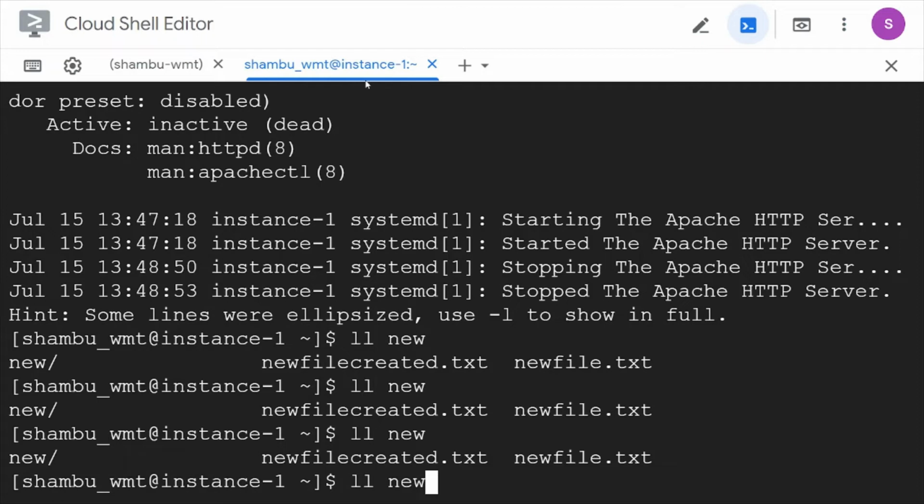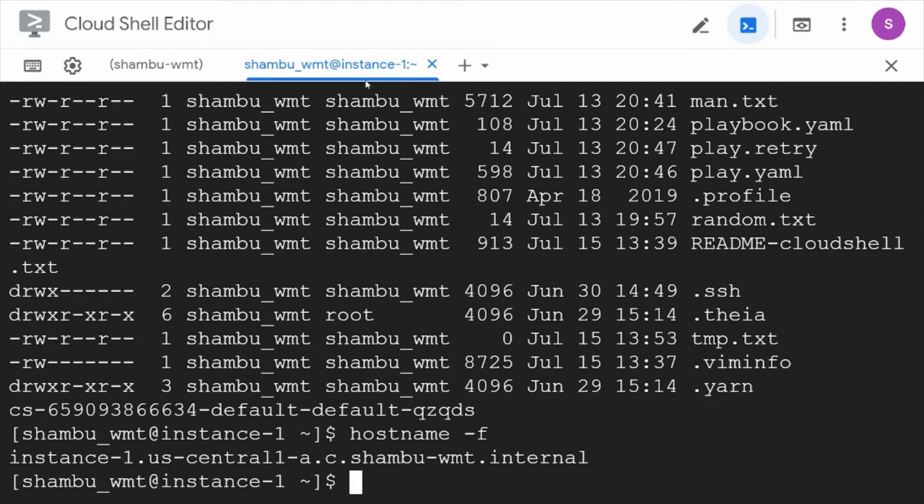This is a bit slow. I was catting this file, and when I check the hostname, it is instance-1 something, a full hostname. But in the file the hostname is this one, so we can see that this and this are different.